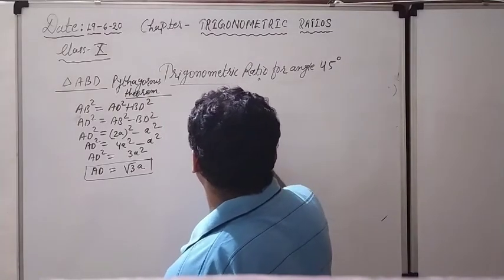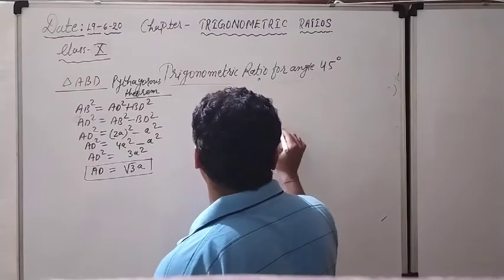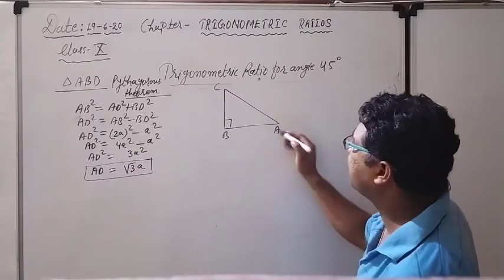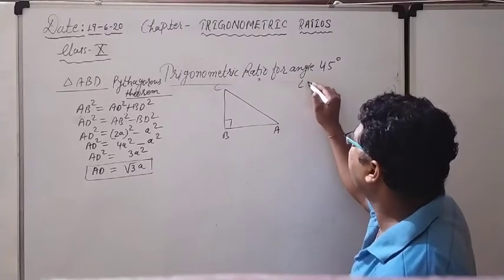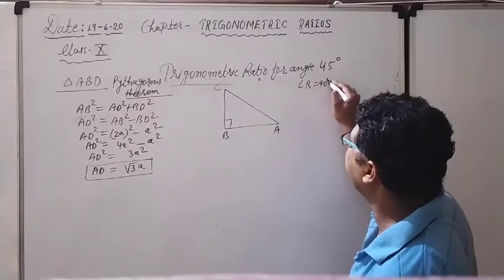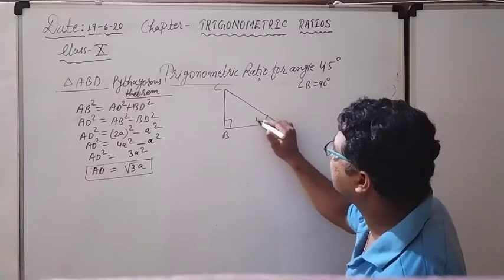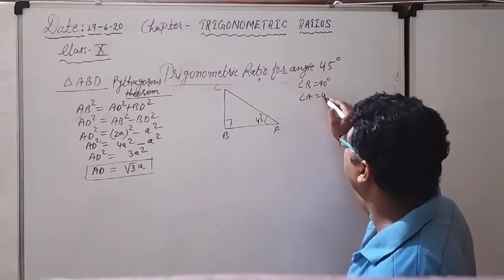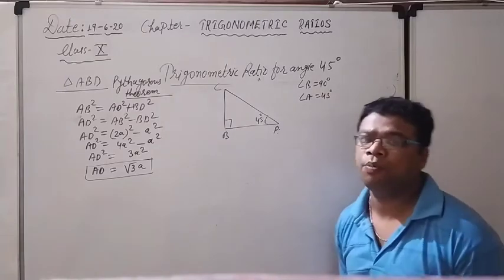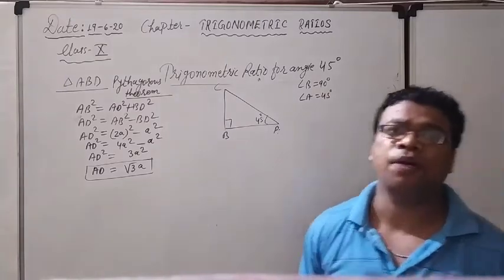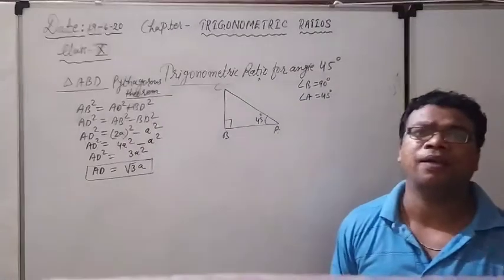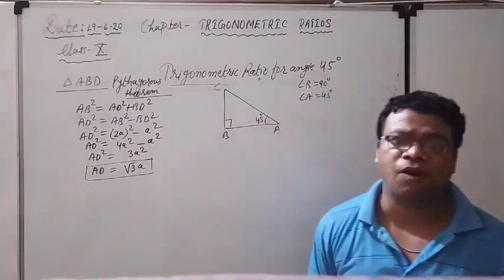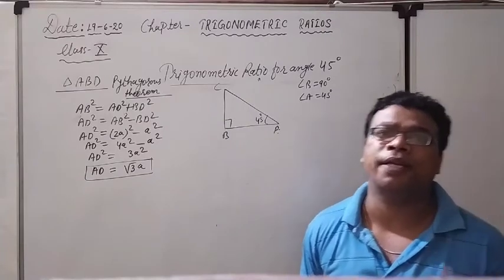This is the right angle triangle, B right angle, A, B and C. What are the things given? ABC is a right angle triangle, where angle B is equal to 90 degree and one angle we are considering 45 degree. For example, angle A we are considering 45 degree. So see, with the help of the angle sum property of the triangle, we are knowing that sum of all the angles of any triangle is equal to 180 degree.